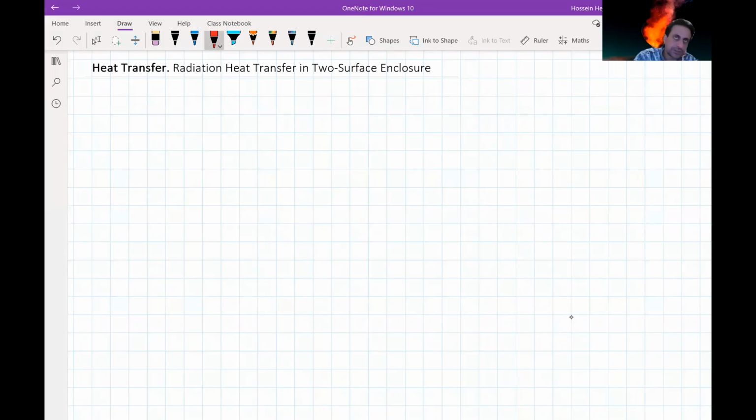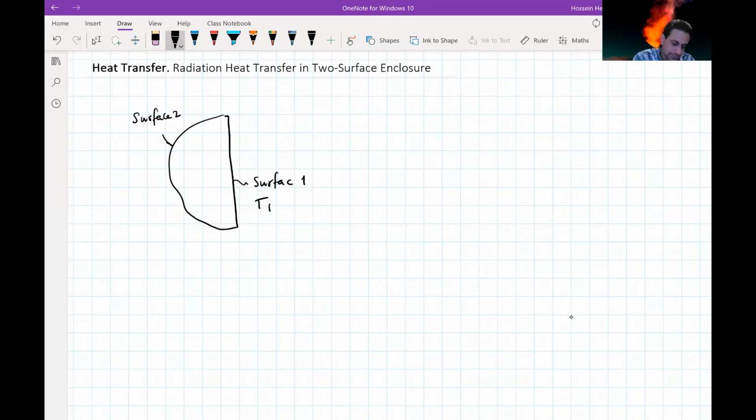Assume we have an enclosure that consists of two surfaces. So let's say this is surface 1. This is the enclosure that we have. Surface 1 is at temperature T1 and surface 2 is at temperature T2. And we are going to find out the rate of the heat transfer, the exchange of heat transfer between these two surfaces, Q1,2. So if I start from either of them, let's say from EB1,